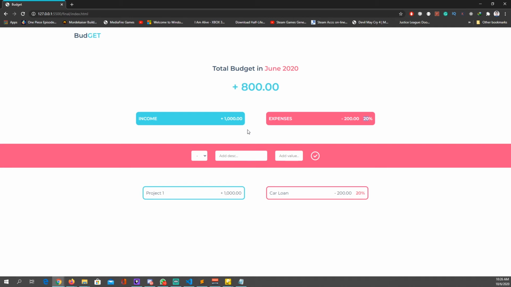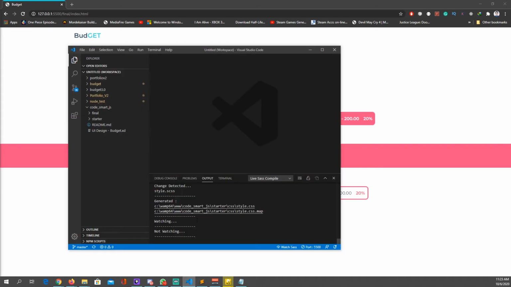So enough talking about the demo. Let's just get right into the programming part. Open your choice of code editor. It doesn't matter which code editor. Me, I'm going to use Visual Studio Code. If you have any other code editor like Sublime Text or Atom, just open it and import your project folder.